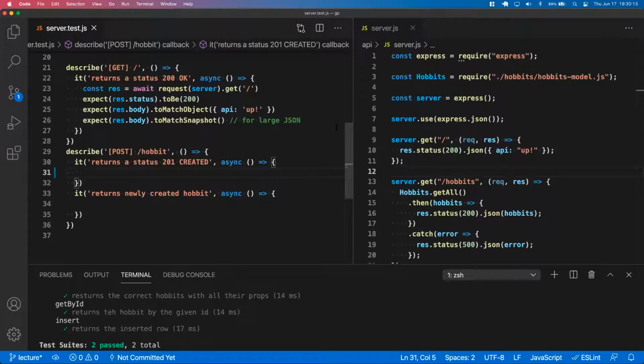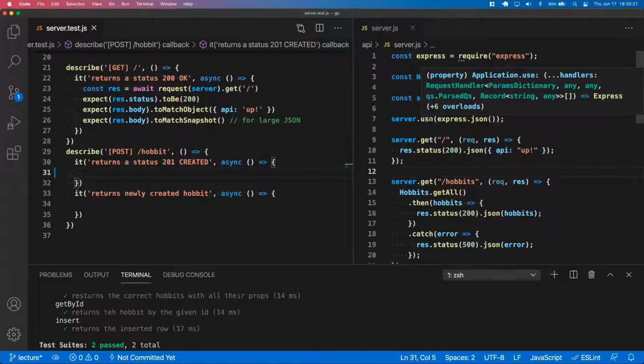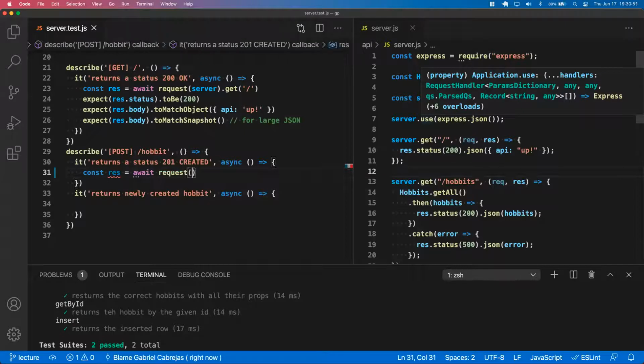Okay, so how do we do this? Based on what you've seen so far. Start similarly to line 23. Declare a variable. Call it res. Wait till you have to mentor your own junior developers. You'll see. Okay. And then await, and then request from the server for that supertest thing, and then you dot post